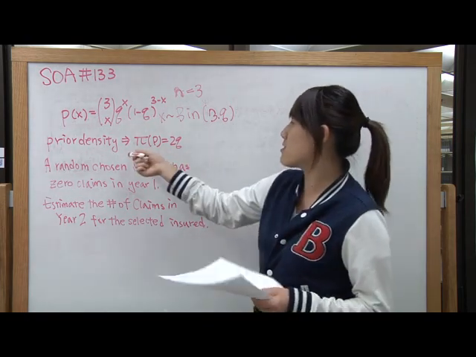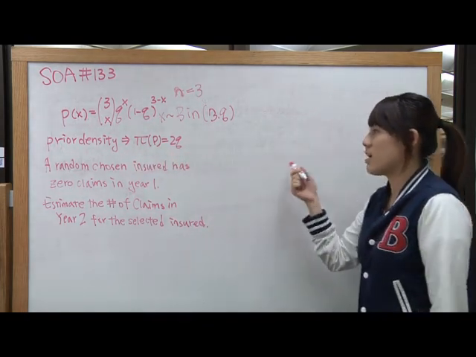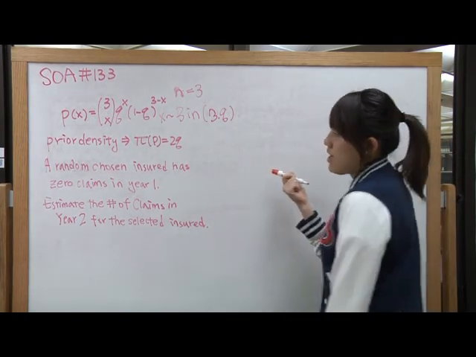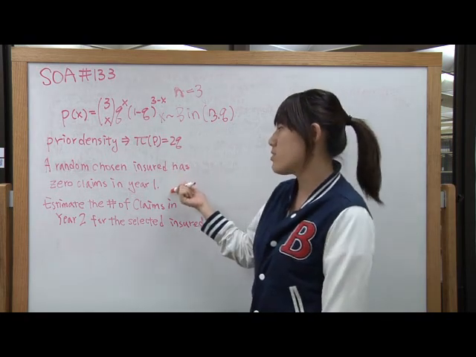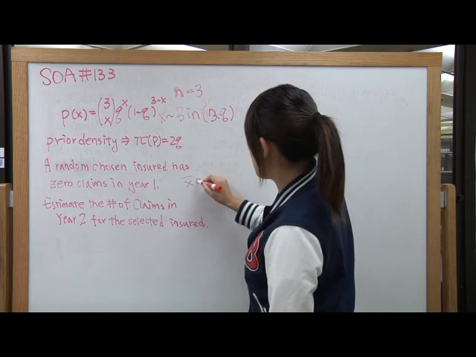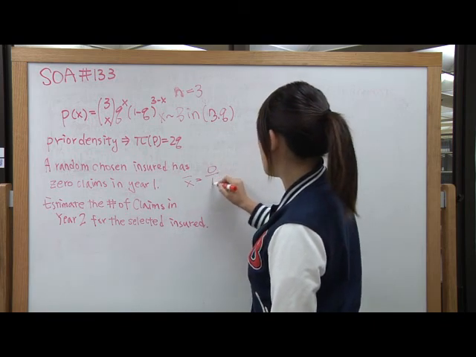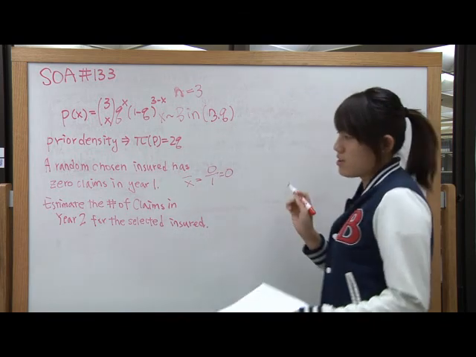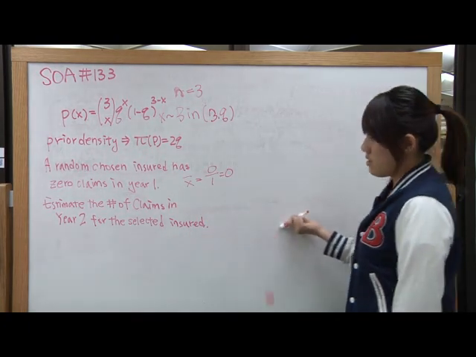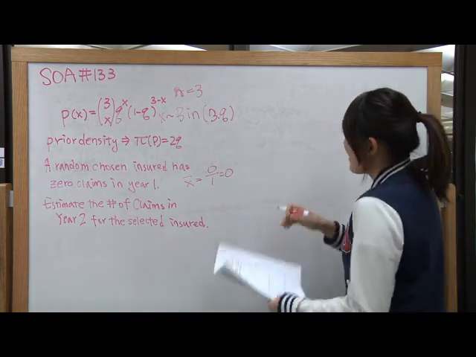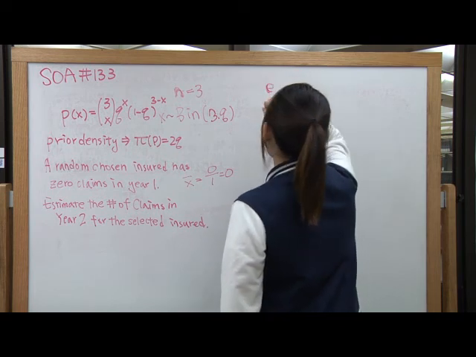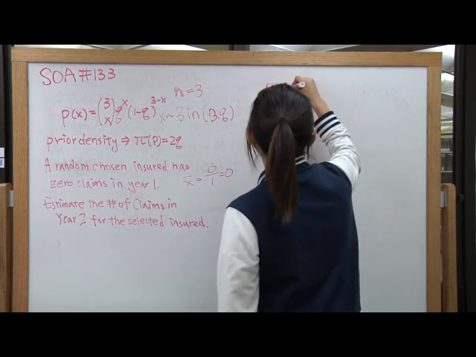And the problem also gives us a prior density of pi equals 2q, which is the density function for q. And it says the randomly chosen insured has 0 claims in year 1, which means the x bar is 0 claims over year 1, which is equal to 0. And the problem asks us to estimate the number of claims in year 2. And we have a formula for this estimation, which is